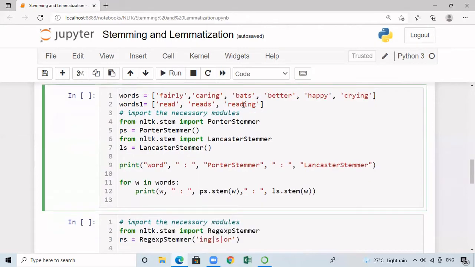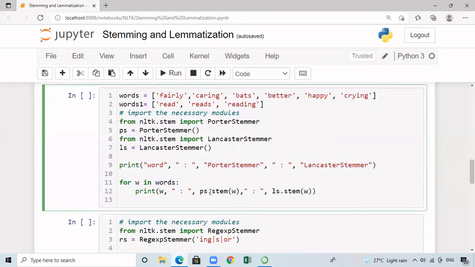Now we are going to apply stemming for these words, and we are going to create a new list. Now let's see how to do that. First, I'm going to consider this list words. I'm going to take every element from this list. Then I'm going to apply the stemming. So for that, I'm going to use the for loop here. So in this, it is going to consider every element of the for loop one by one. And that is stored in the variable called w.